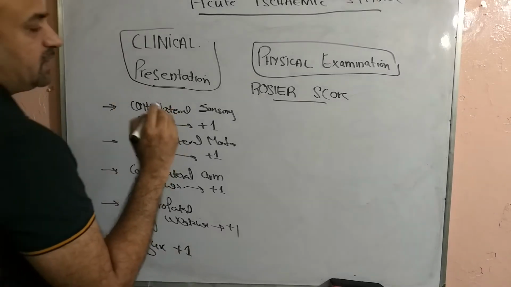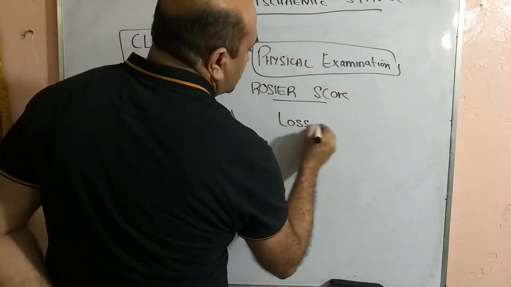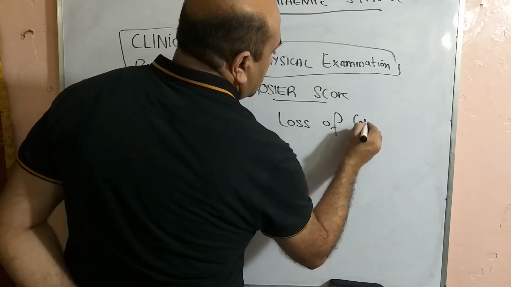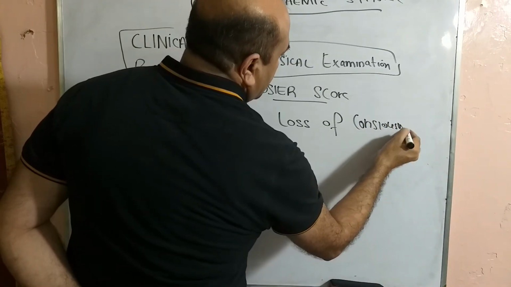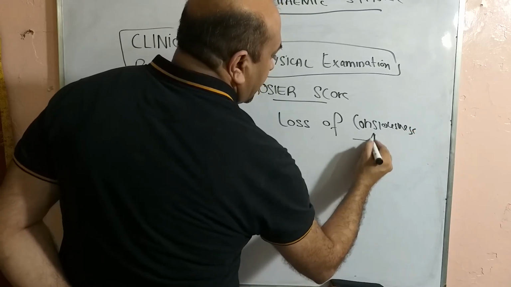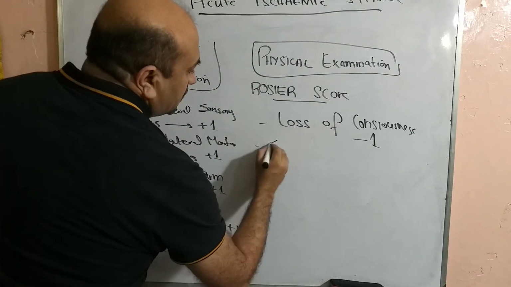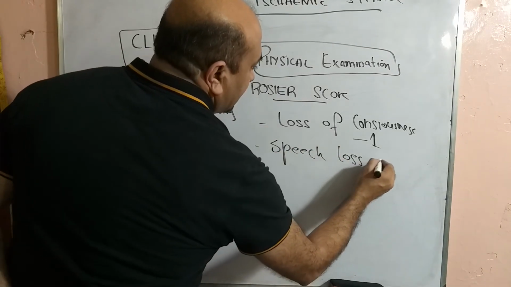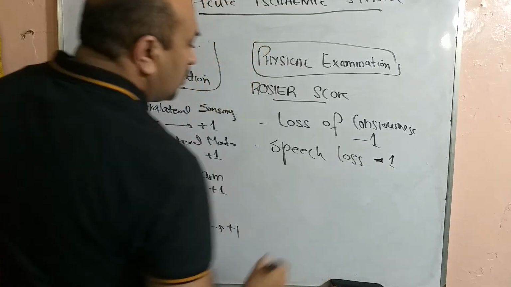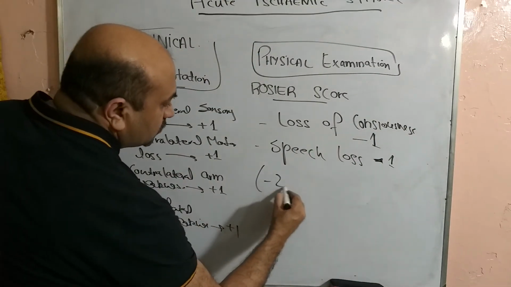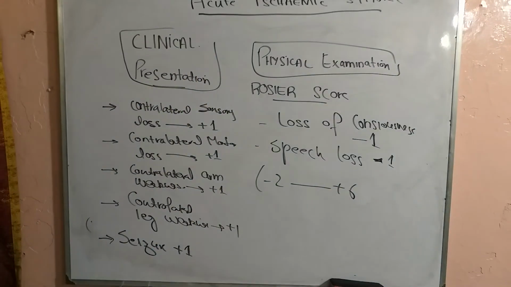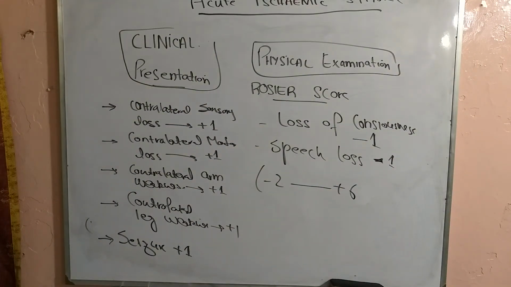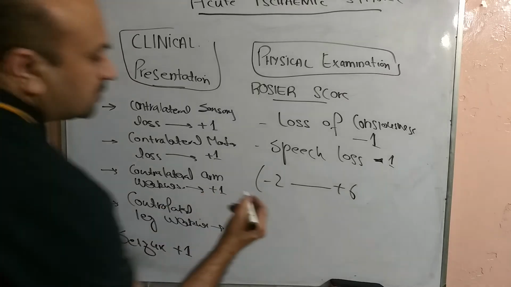But if there is a loss of consciousness, it is given 1 negative. And if there is speech loss, it is given 1 negative. So normally it ranges from -2 to +6. The Rosier score normally is -2 to +6, but whenever the score is more than 0,